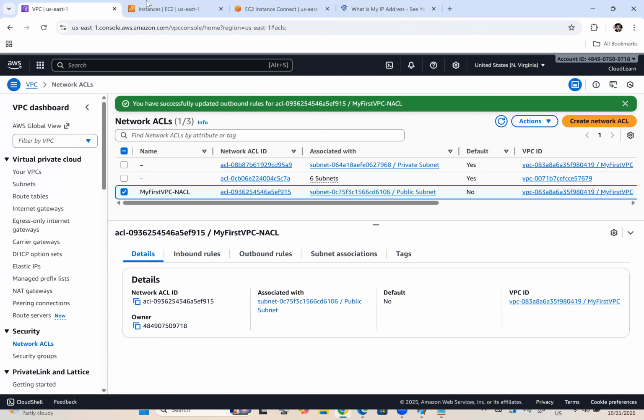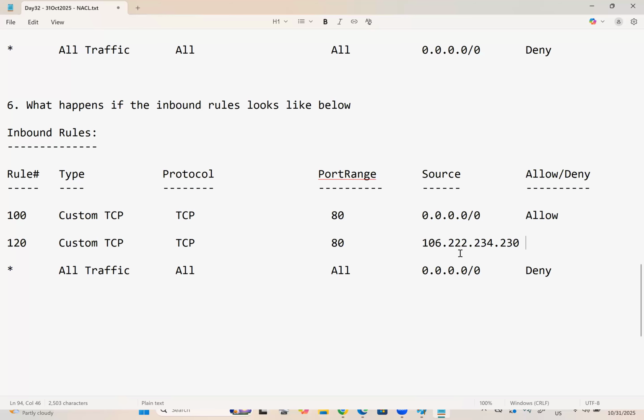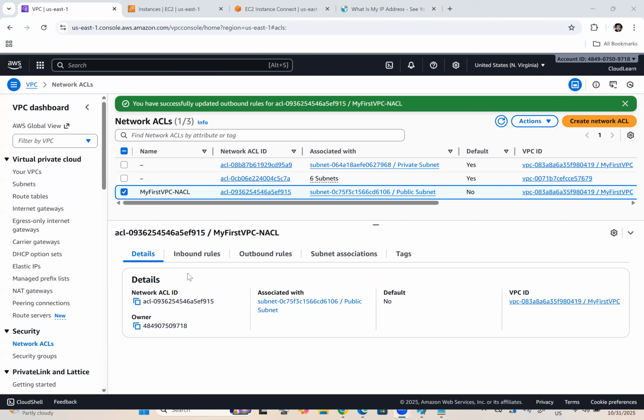A single IP address is always represented with a slash 32. Okay, now what will happen if I create it like this? Let me show you. Let me create that rule and you need to answer what should happen in the inbound rules. Edit inbound rule,